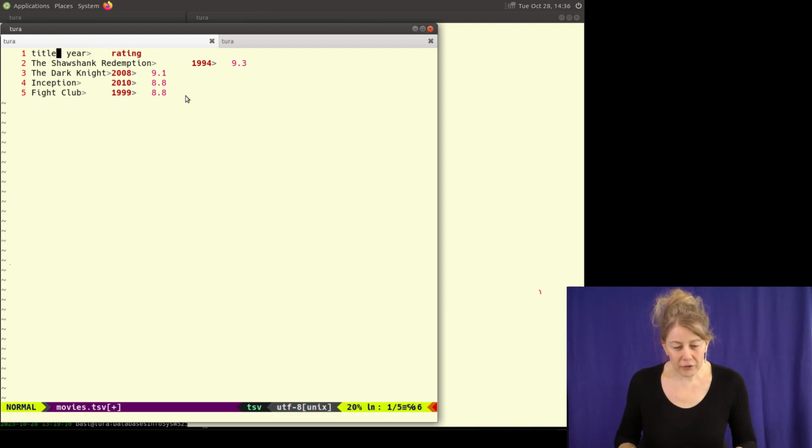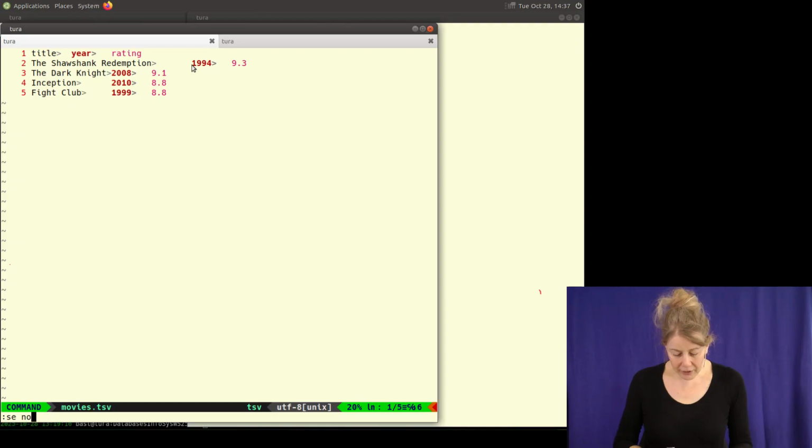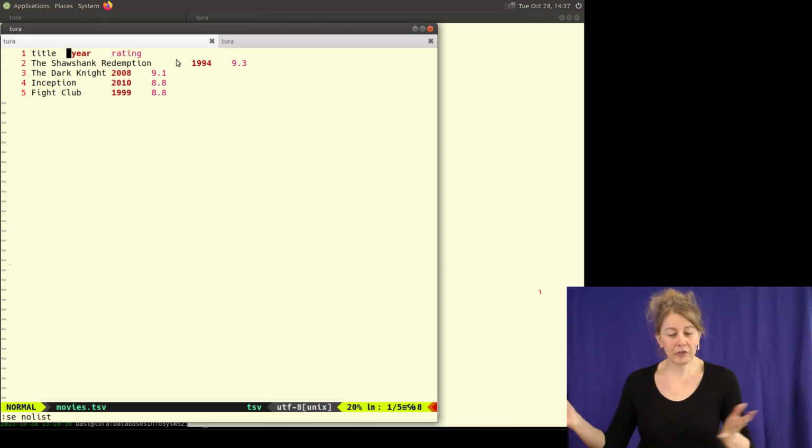Yeah, and you see this character here says that it will be important. Okay, so these are actually tabulation characters. It's shown as many spaces here, but it's actually just one character. And let me just turn it off again. So we have tabulator, we have the heading, title, year, rating, and then that's just the table we have seen